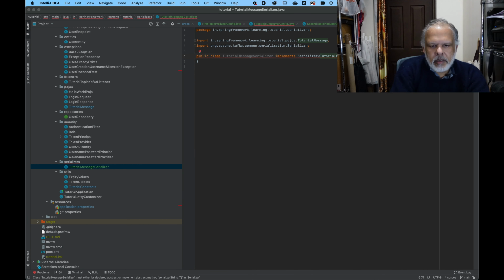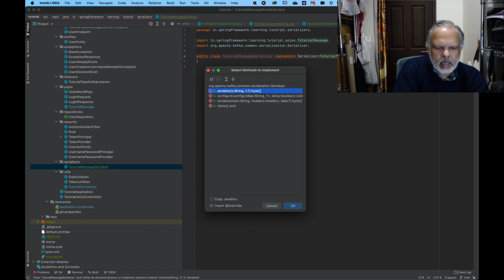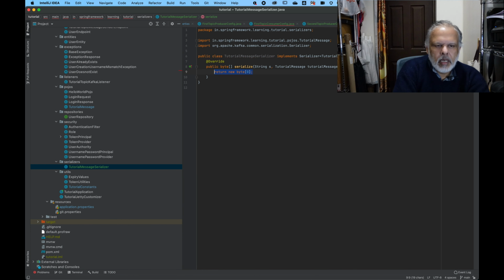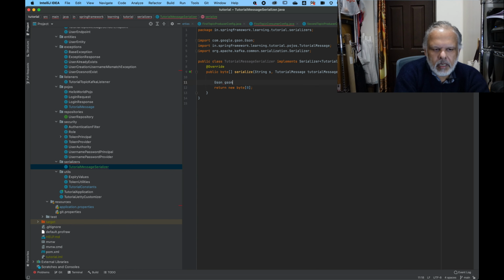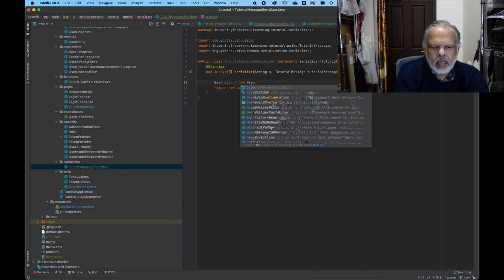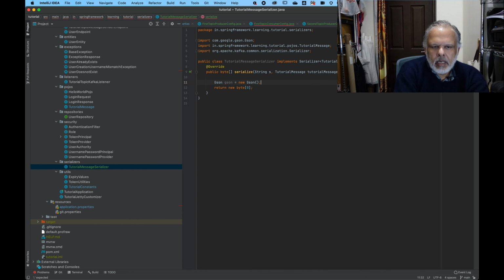Now this class needs to implement some methods. It basically needs to implement the serialize method. So let's assume what we are going to do is we just send a JSON. So we use JSON. And now what we are really going to do is